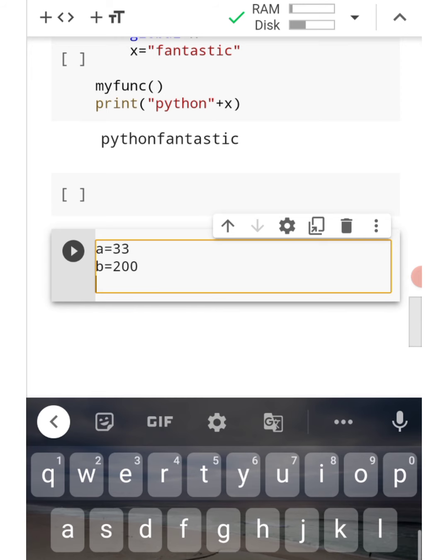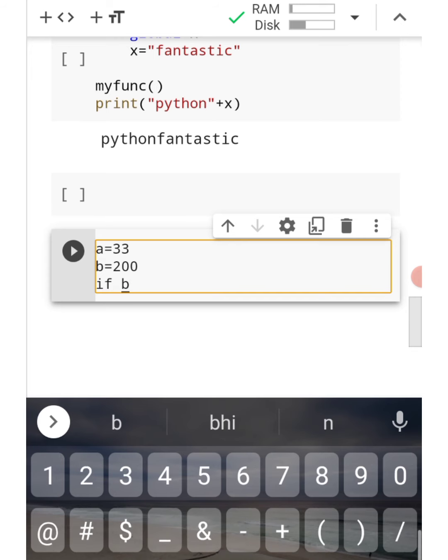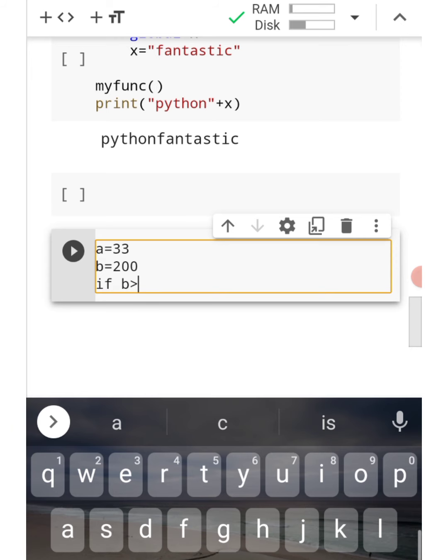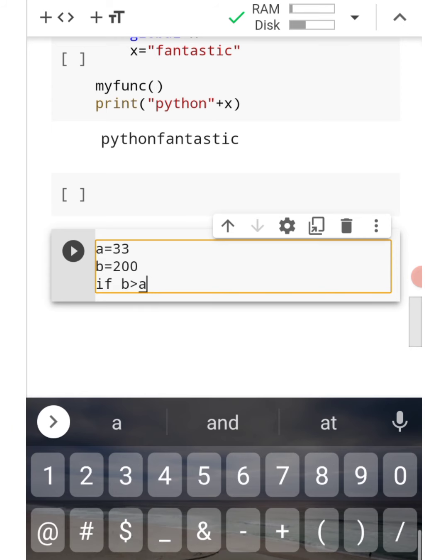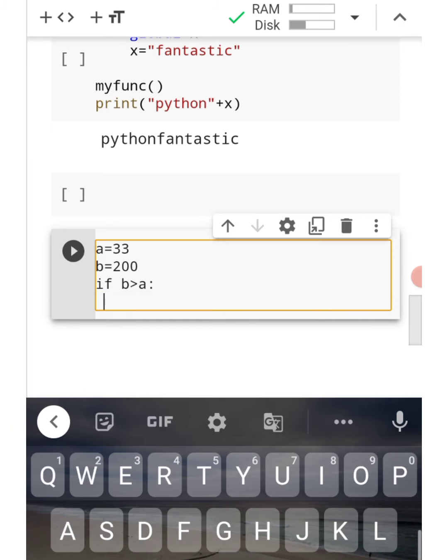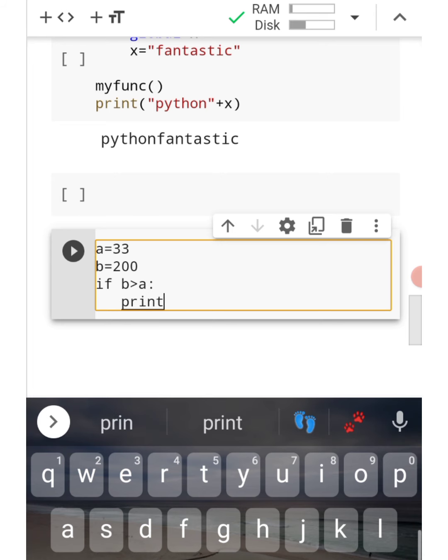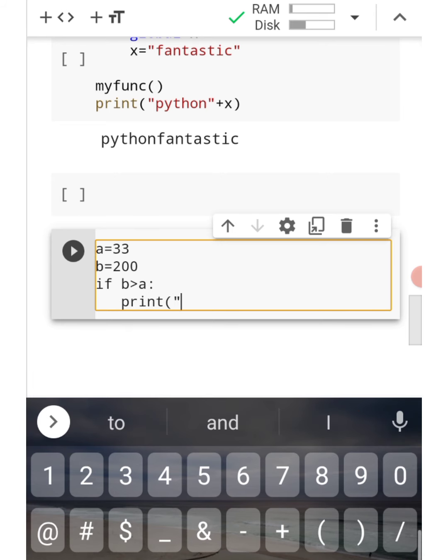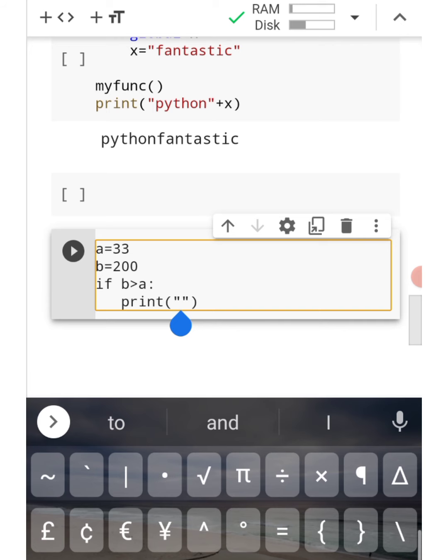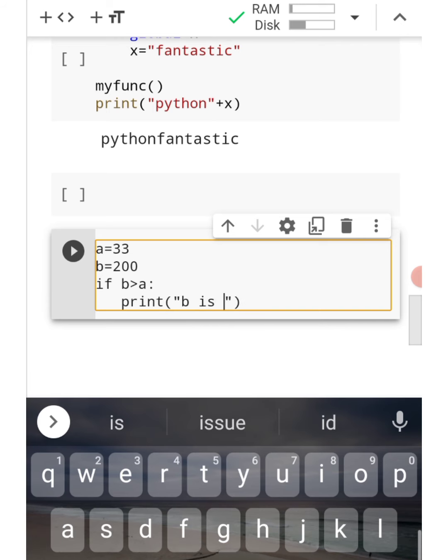Now we do the comparison between these two variables to find out the greater one by putting the if condition, then the colon, and after the colon we follow the indentation. We put a space and then print the message: b is greater than a.